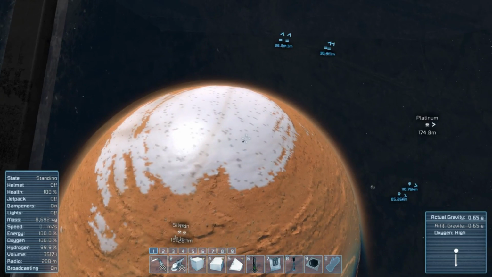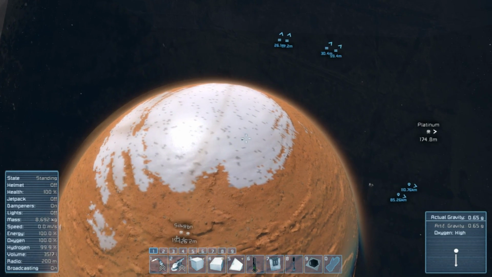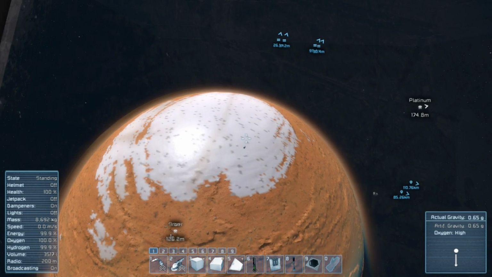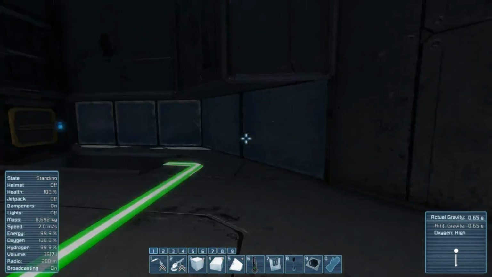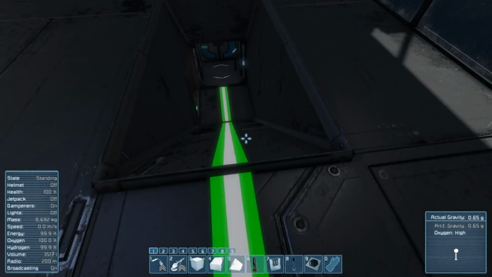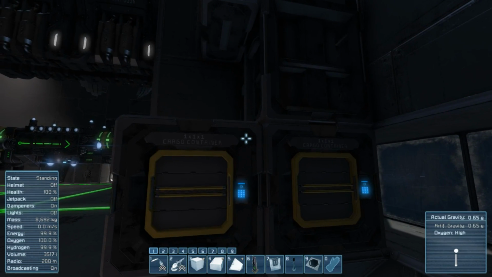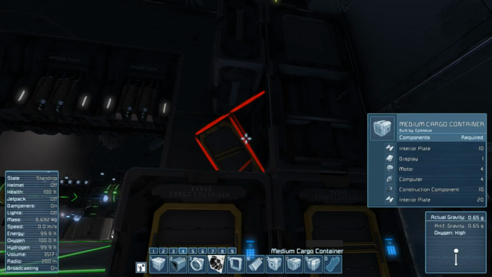Yeah, that asteroid over there looks like it's probably within the gravity field. It's hard to tell, but there are a couple of different things I want to do before we go down. One is I figured out a way to actually seal off the bridge from the hangar up here, but it's going to take a couple of quick changes. I'm going to need to put in a...